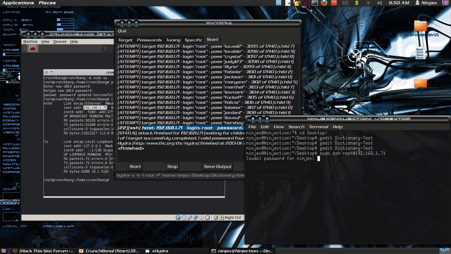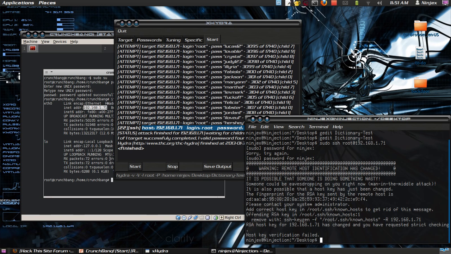and then we'll enter in our password. I think I just messed my password up. And we just need to do this command right here. As I explained in my previous video, we need to run this command